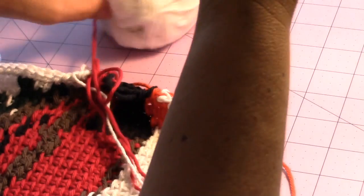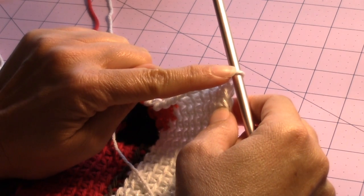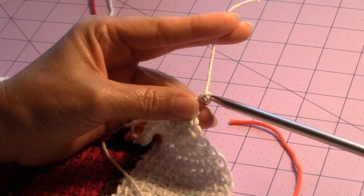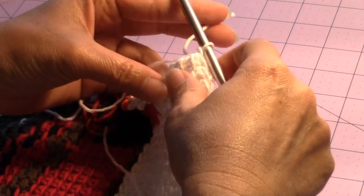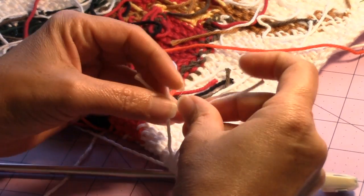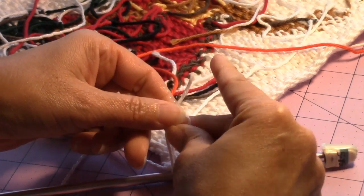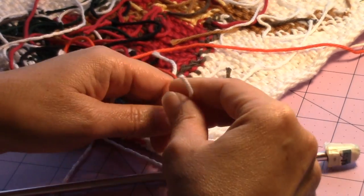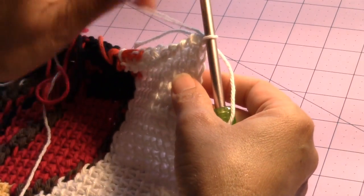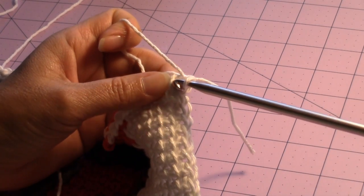So now, and this is what you would do even if you needed a new color. Say you had a different color on the end and you need a different color on the loop. You would just bring up the loop with your hook. In this case, I happen to need the white color again. And then you just take and tie a knot with the two loose yarn ends. And that's how you would join for a new color, or in my case I ran out. Then you would have whatever color that you need to start with for your new row. And again, mine happened to be the white that I needed. So go ahead, bring up the number of white loops that you need